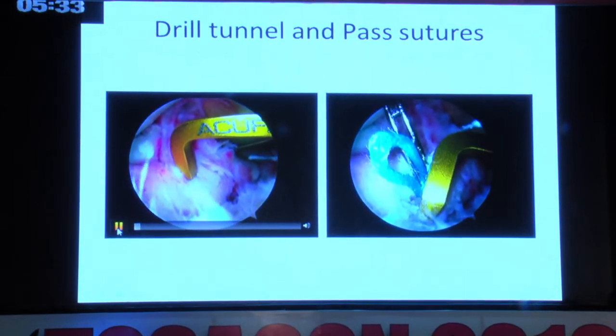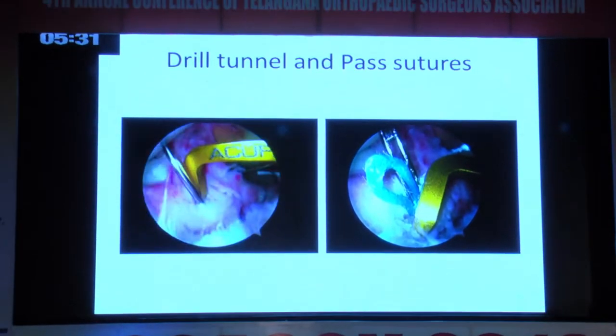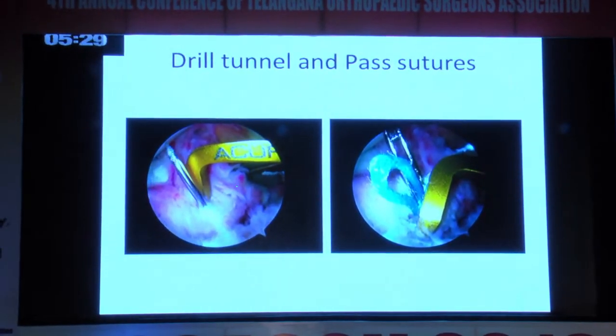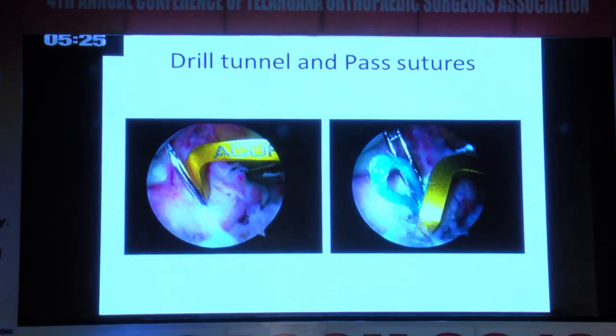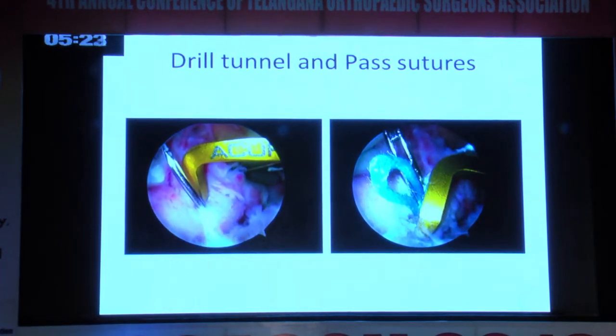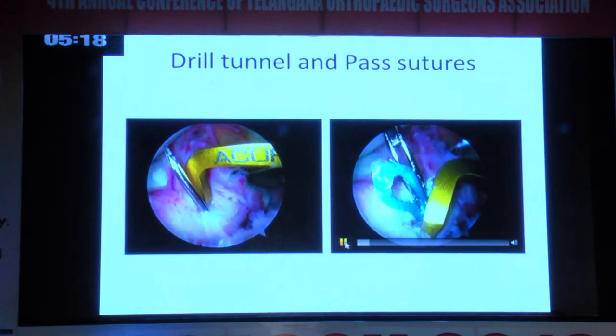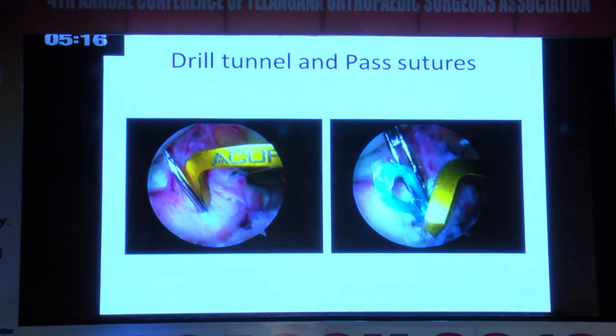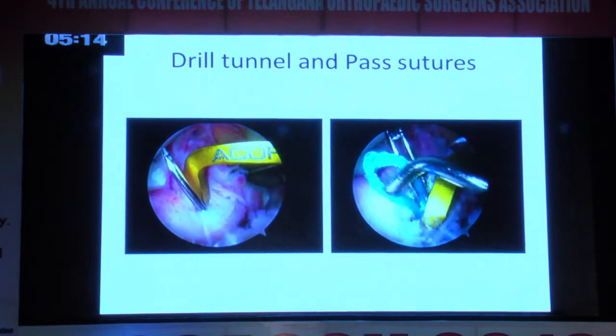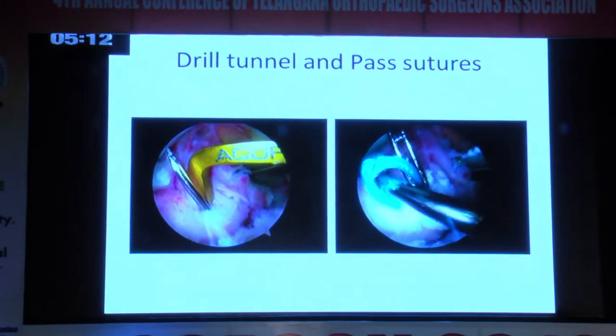This is my ACL jig. There are two fragments, one is this side, this is one big fragment, this is the other fragment, and this is the ACL. I did drilling with the K wire, and with a drill bit I made a bigger hole